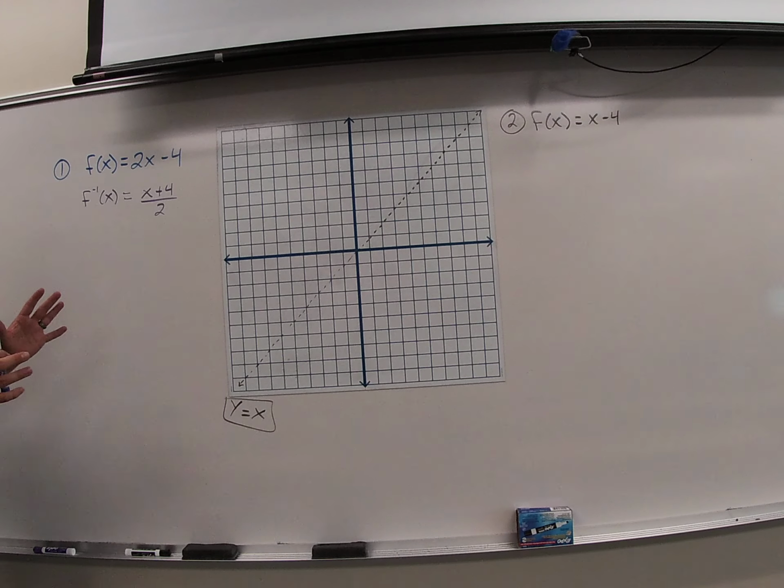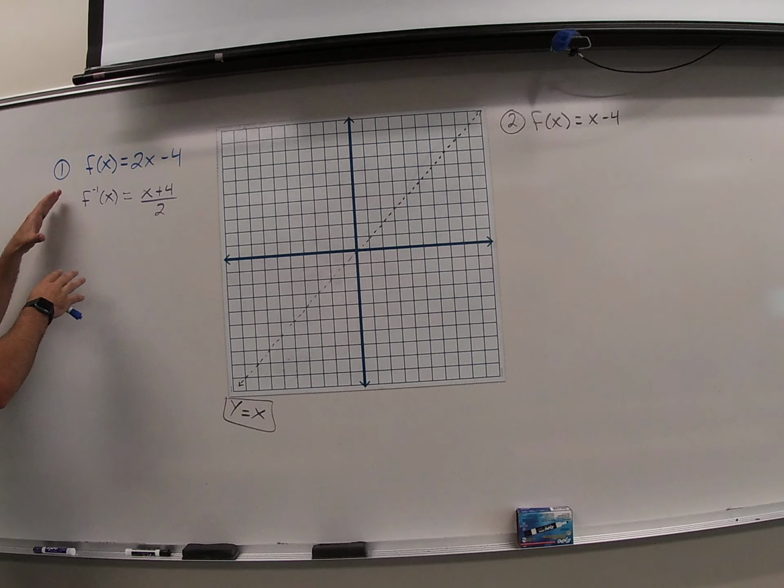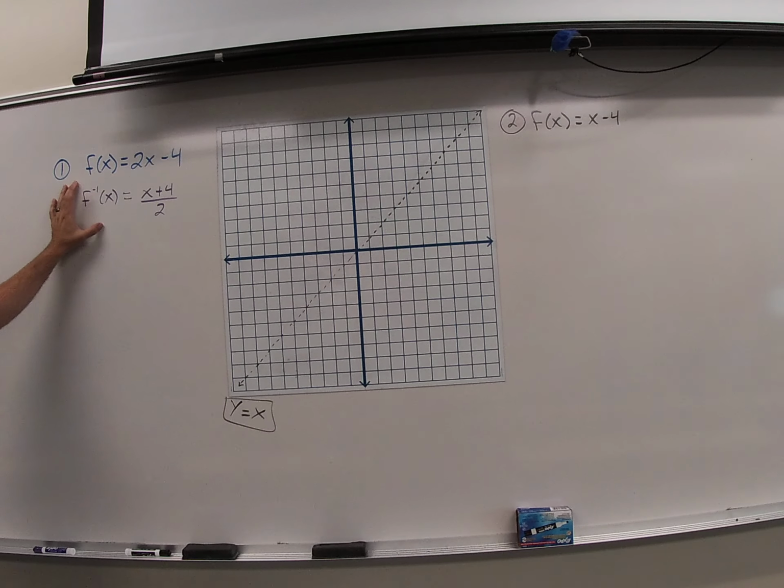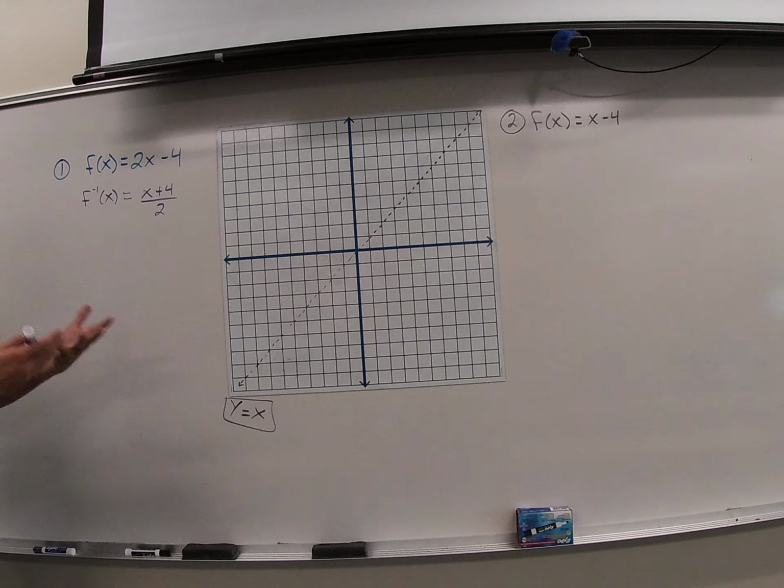All right, we have two different things going on here. So we're going to graph inverse functions. In a previous video, we found that these are inverses of each other. We had them labeled f of x and g of x, and we showed by the definition of inverse that these are inverses. But now, just knowing that they are inverses, we're going to show you what that would look like on the